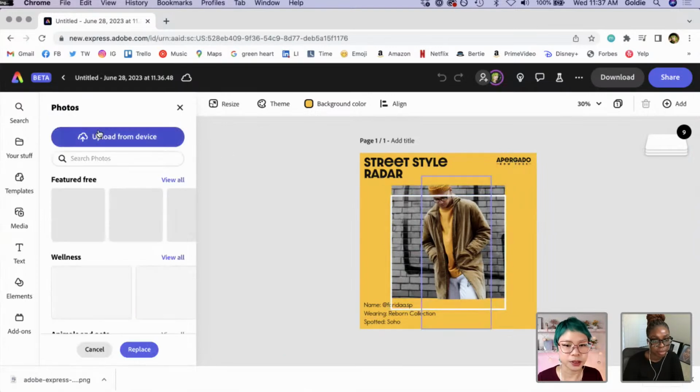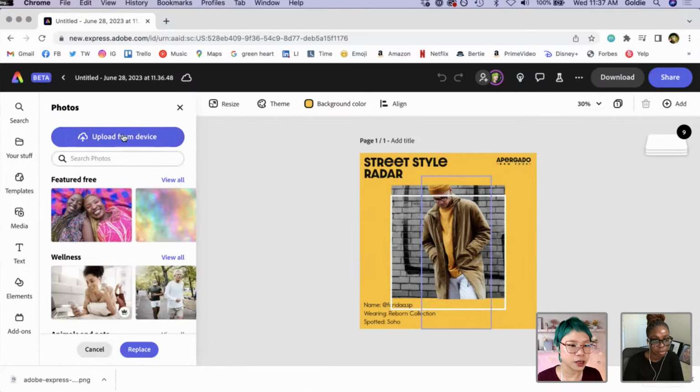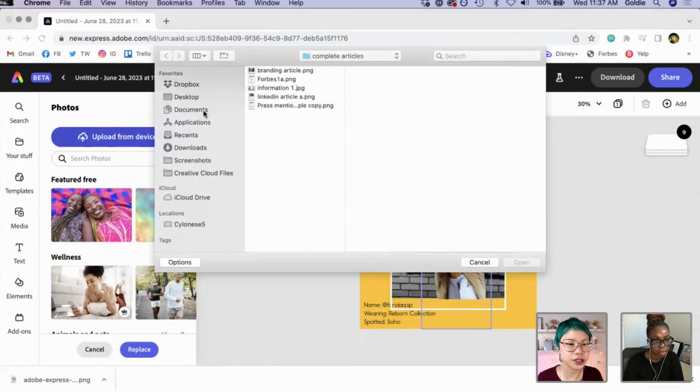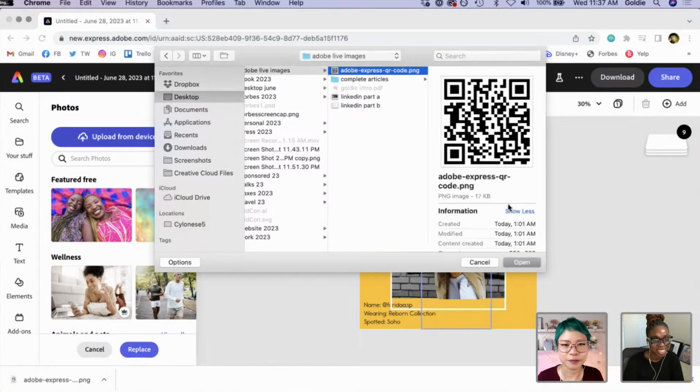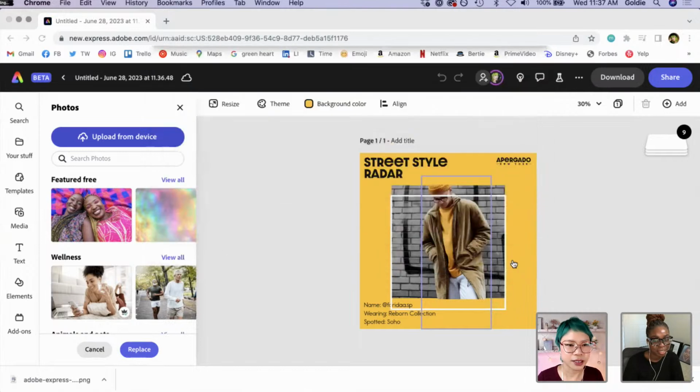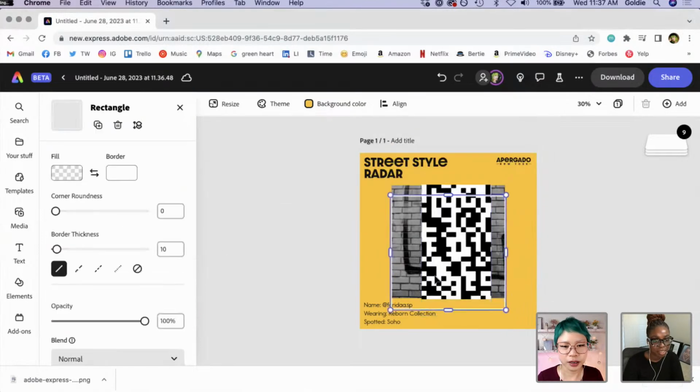And we're going to replace this with the QR code we just made, which is on my desktop, I think. And if it's not, then I will go into the pre-saved one I already made from before. Here we go. Here is the other QR code I already made.